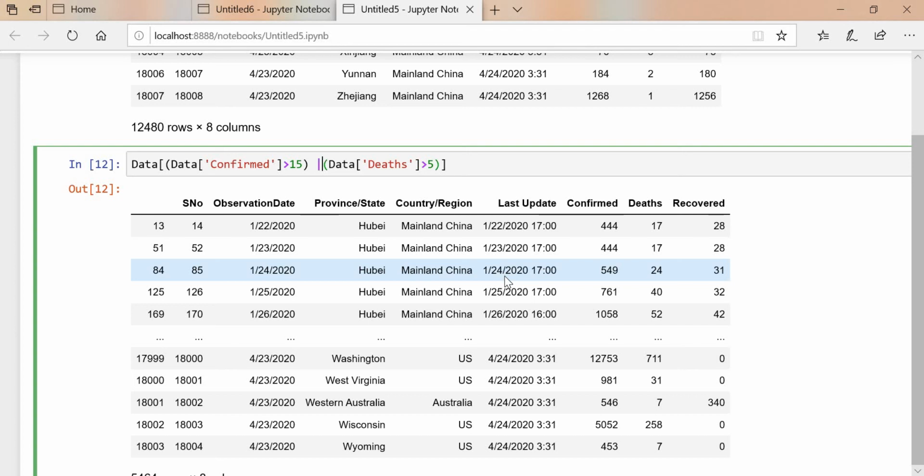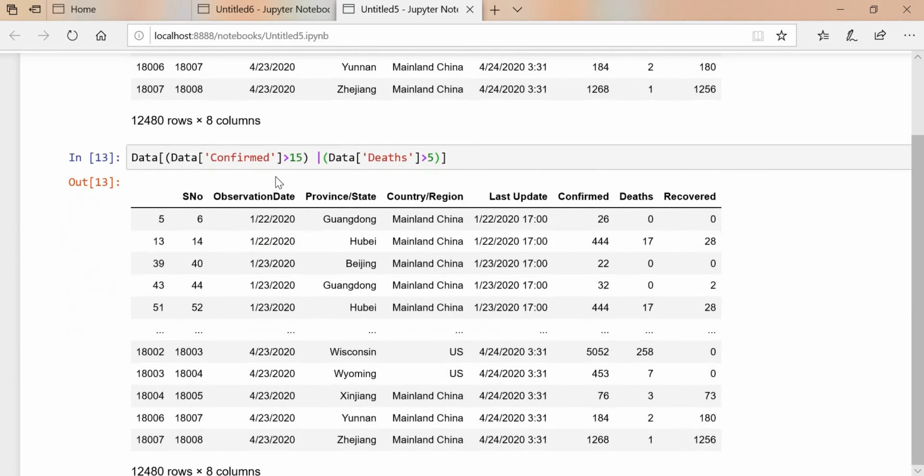If you put the OR condition, once you execute this, see, if either this or this condition is true, it will show that result. In the AND situation, both conditions should be true, and in the OR situation, any one condition should be true.